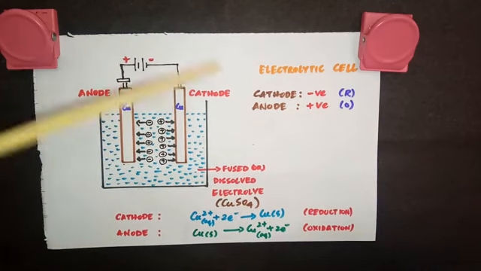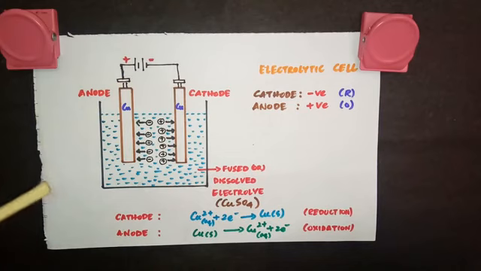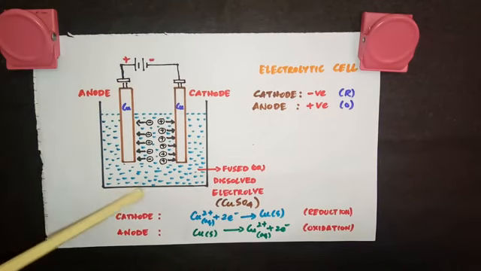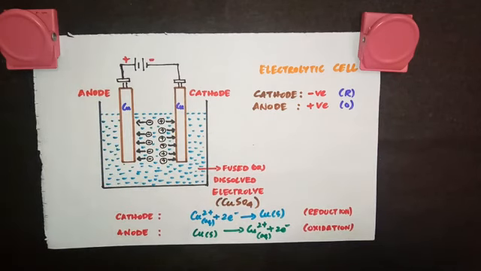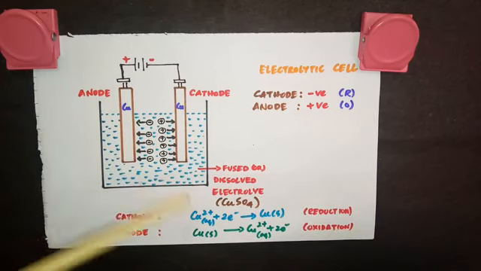This is the setup of an electrolytic cell. It is made up of either glass or any other material which is a bad conductor of electricity. It is called the electrolytic tank. The electrolyte, either in aqueous solution or in molten state, is taken inside this tank. Here we are taking copper sulfate aqueous solution inside this tank. Current is to be carried by the movement of the ions, and the ions cannot move when the electrolyte is in solid state, as I told you already. That's the reason we are taking the solution.